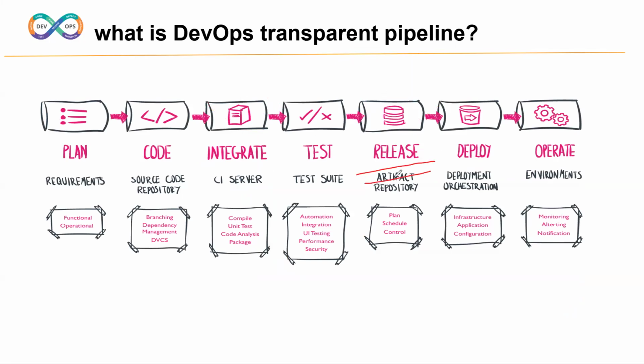Once we deliver working software into the release, from the release we place our applications on hundreds of servers, which we call deployment. But these hundreds of servers, how exactly can we automate?